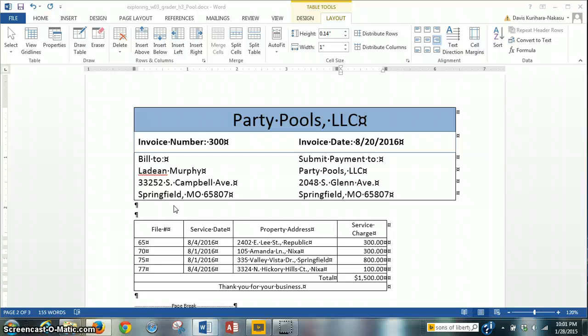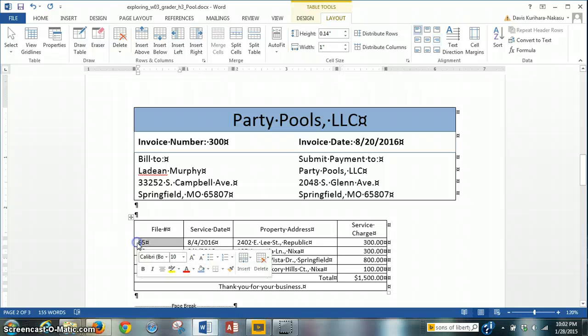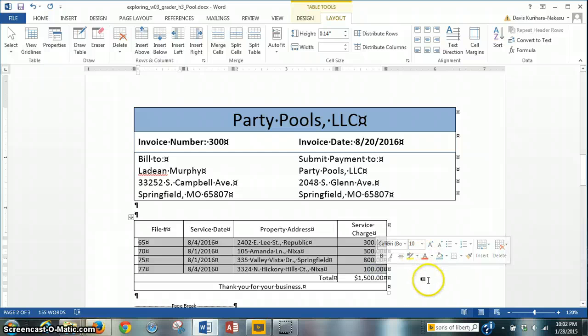Okay, to continue with step number 12, we need to sort the rows containing service charges by service date and then by service charge, both in ascending order. We do not want to include the header row, the total row, or last row in the table in the sort selection. So what I'll do is I'll do this step by step. First, we need to highlight the rows that we want to sort. So we'll click on the second table and we'll highlight this row, this row, this row. So all of these rows,